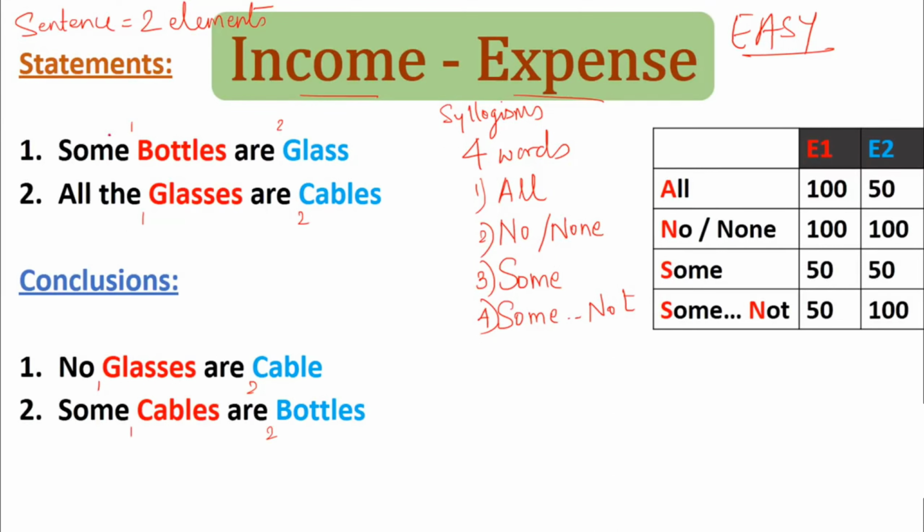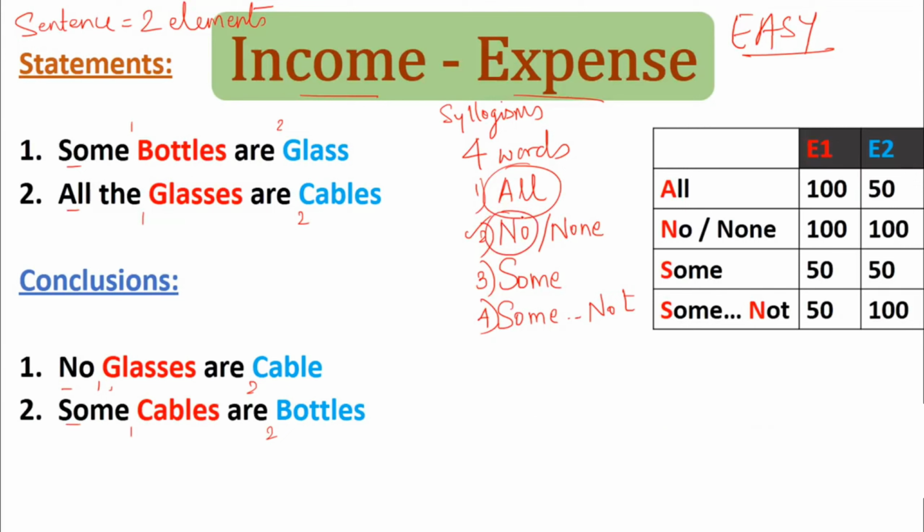If you see carefully in this sum, we have some, we have all, we have no, we have some again. So please remember these four words. I'll also tell you the trick to remember these, very easy. Take a look. First, we know the most common word is like everything. This world is everything. So all is the most common word. Just remember this word, all. What is the opposite of all? Nothing, none, no. We got the second word, no.